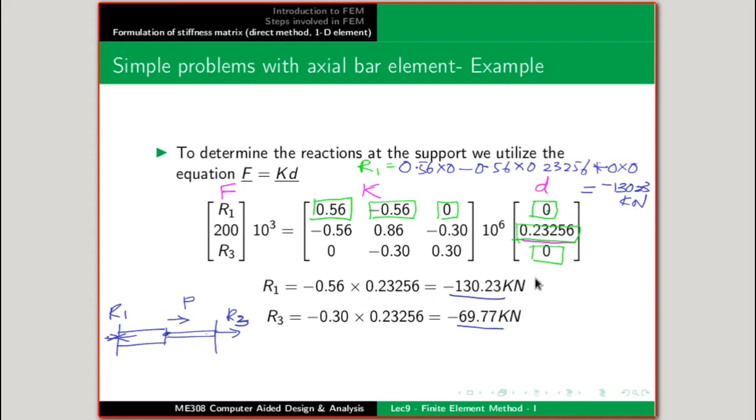So this is the procedure for solving a finite element method problem. But usually in actual cases, we will not be solving it manually. FEM is usually employed for very complicated problems. In that case, there will be a large number of elements, thousands or lakhs of elements. So manually we cannot solve that entire problem, but this is the solution procedure. Next we will see another problem.